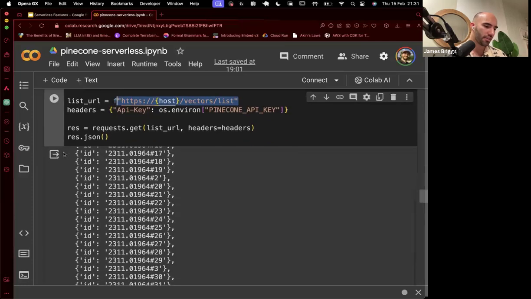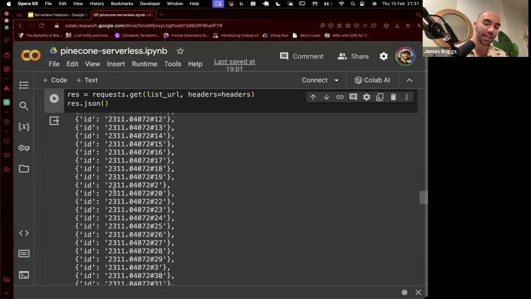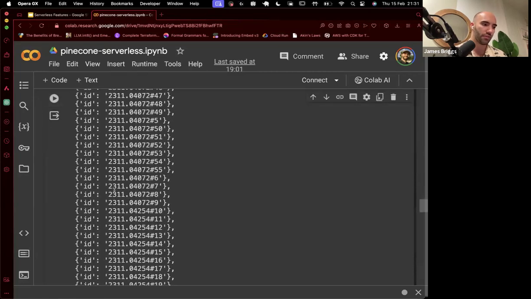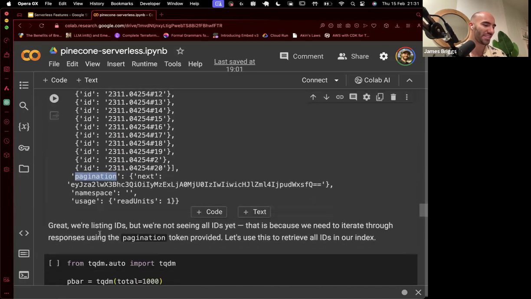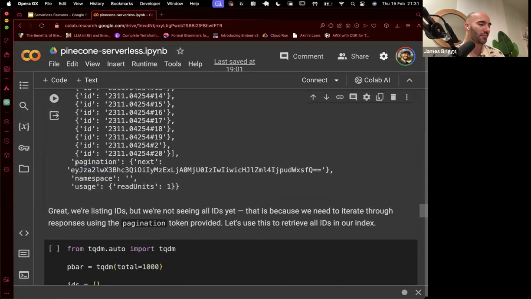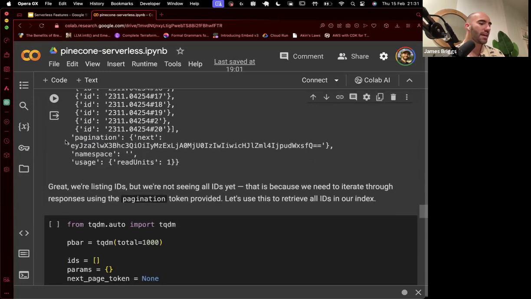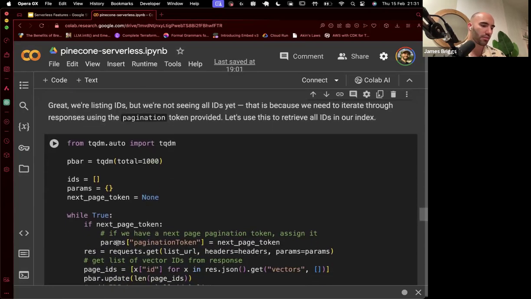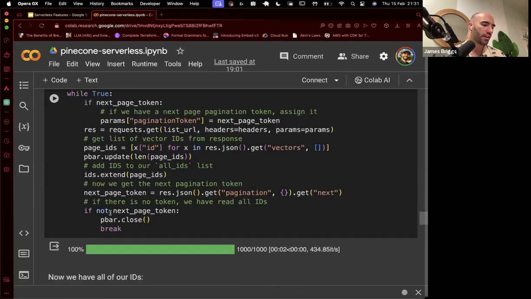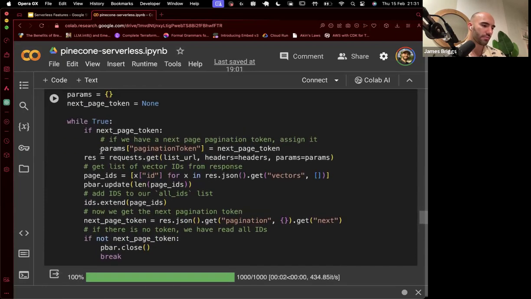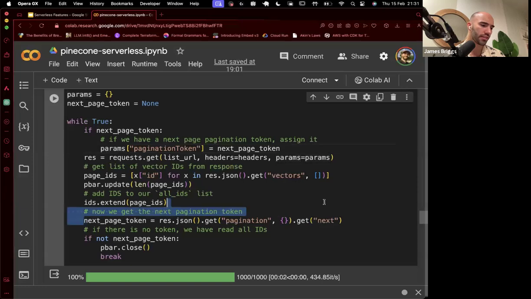So yeah, you can see that here. Obviously, when we're returning that request to you, we can't give you everything. So we also include pagination, I think. Pagination, I'm not sure how you say that. So we include pagination maybe here. And we just set up a small while loop that will go through and basically retrieve everything for us. So if we do that, you can see here, we get a pagination token, we go through,